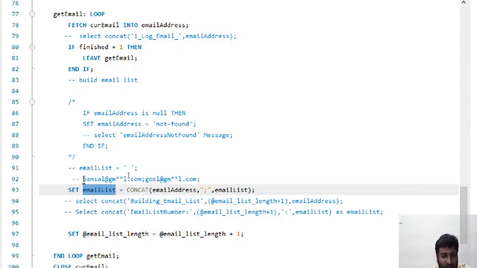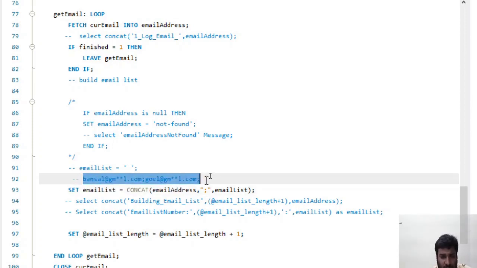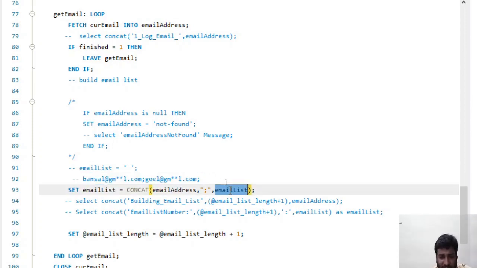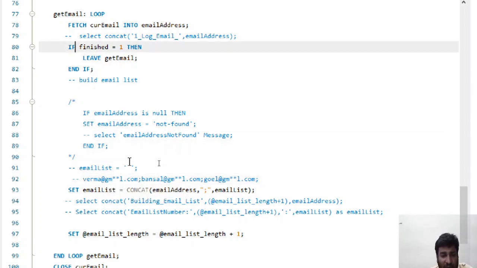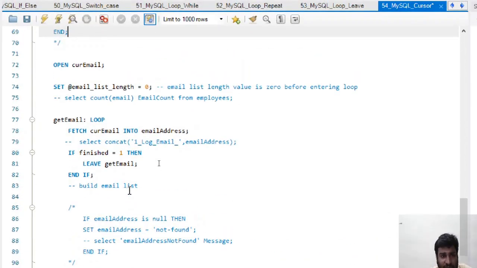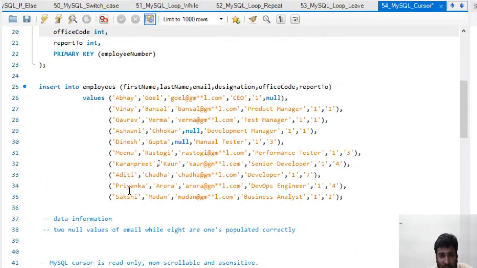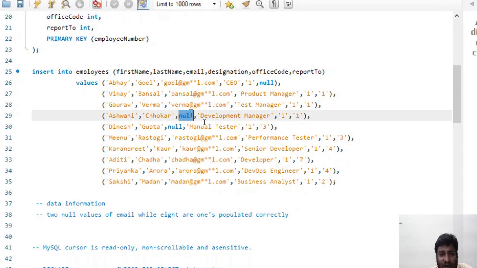Now email list is already this, and it will again add at the end another email address, that is Verma at the rate gm star star l.com, right? So now I will go back again and see that the next value is null, right?